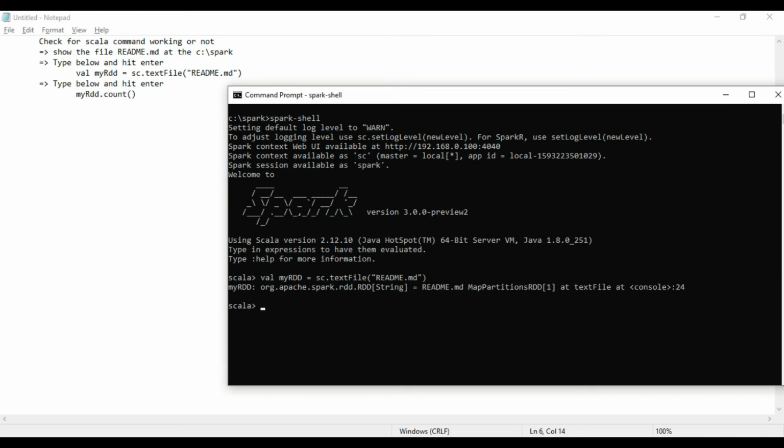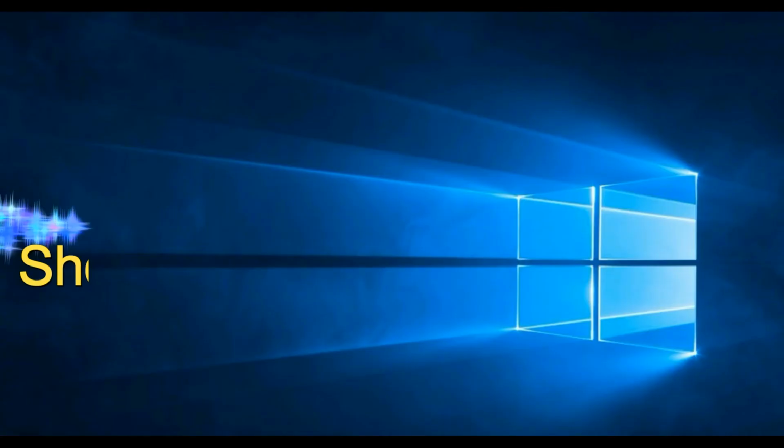RDD is created. Now myrdd.count, hit the enter. So it worked. It is giving you there are 109 records. So it's verified. It is working fine.